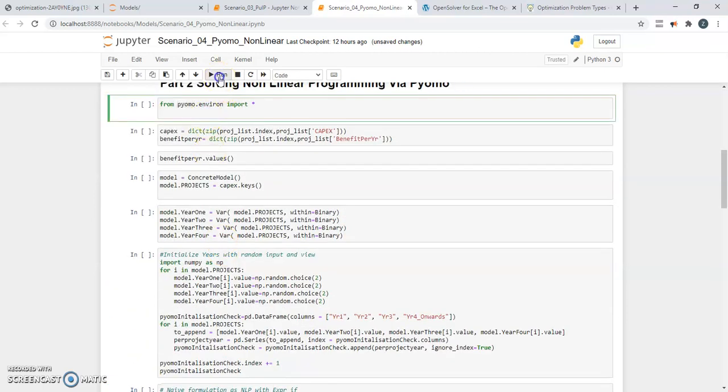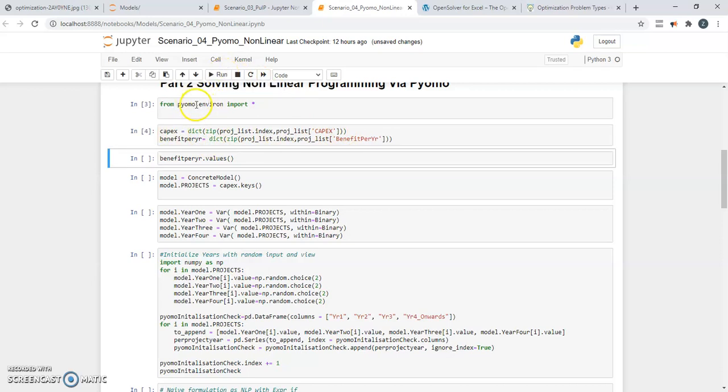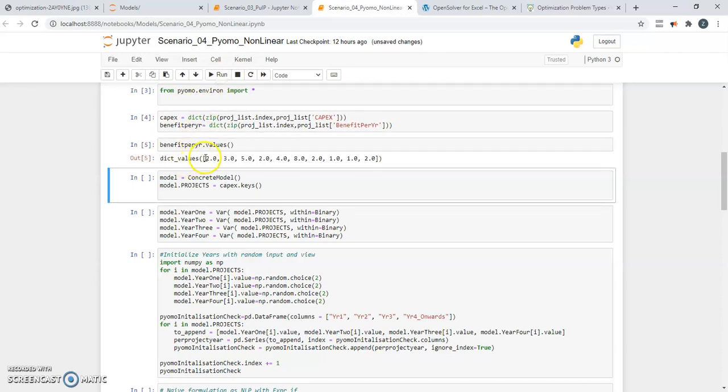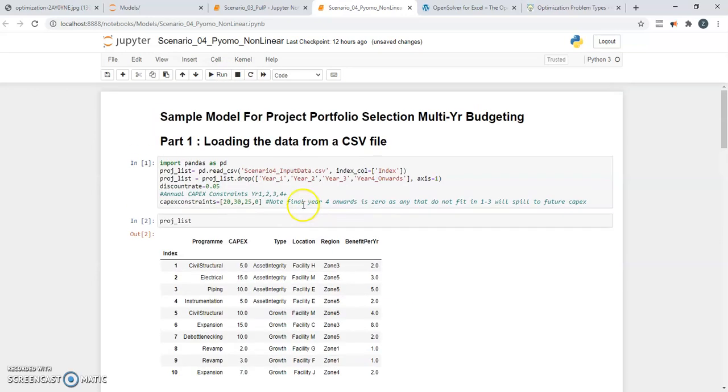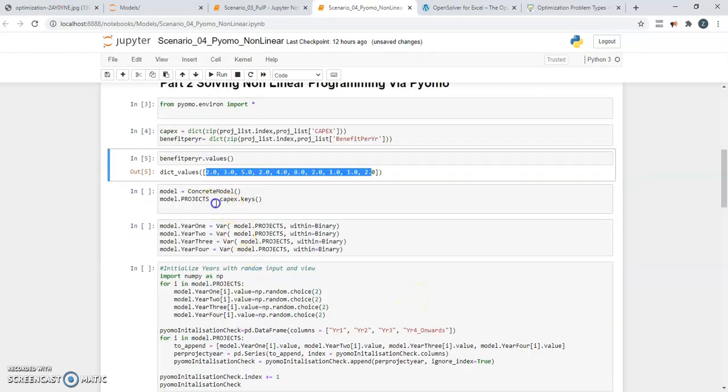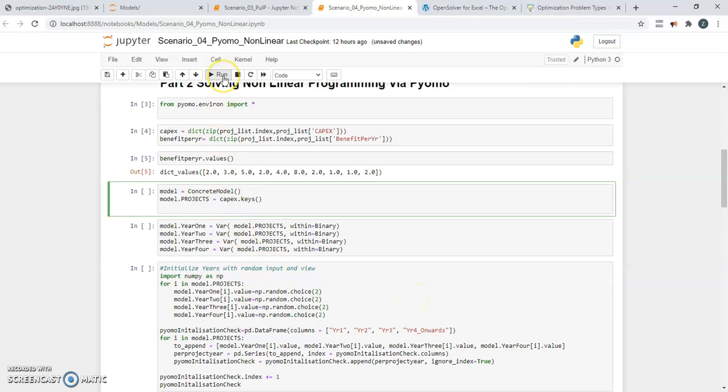And we're going to grab the information that we need and put it into a dictionary because Pyomo prefers to read dictionaries. Just to check, see, yep, the numbers came out, and these numbers are now represented in the dictionary, and I am instantiating a model,